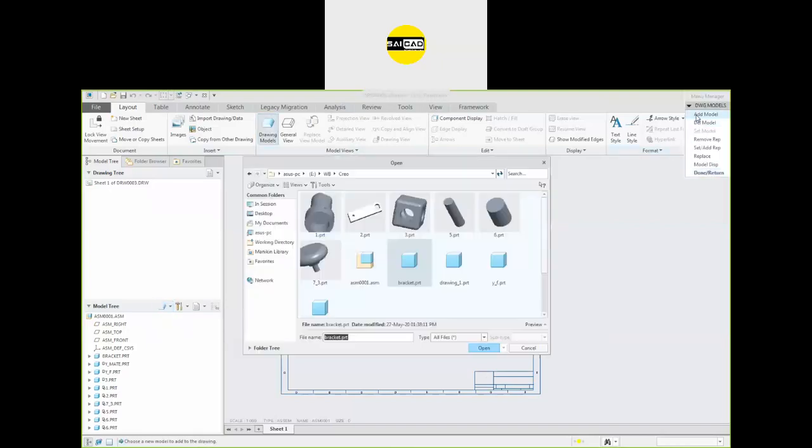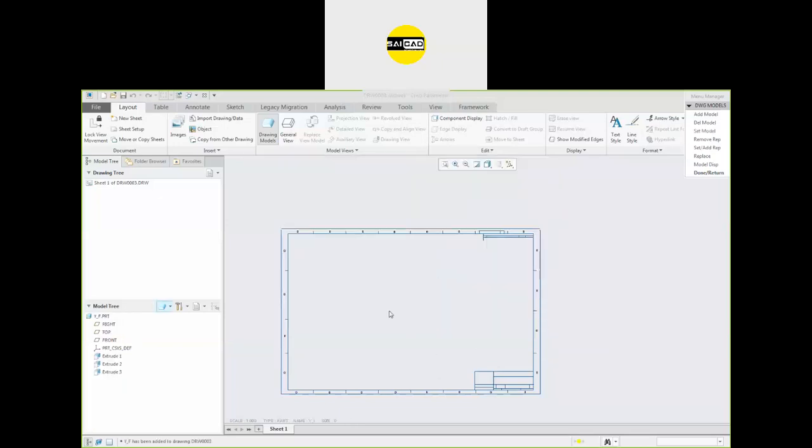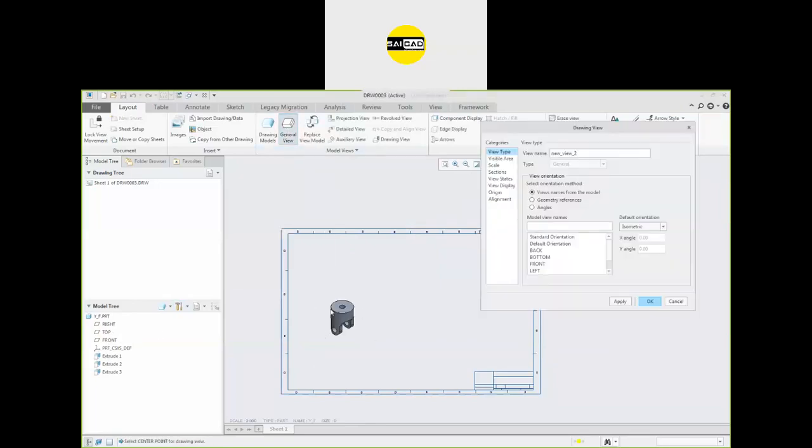So go to the open, add model. I want this file only. Or I want this file. Whichever file you need, just click. So right now this one. So now you will see only the file I have selected from here. Within here, if we go to the general view, select OK, click here, you can see the format of the file I have selected. So again, set everything from here.